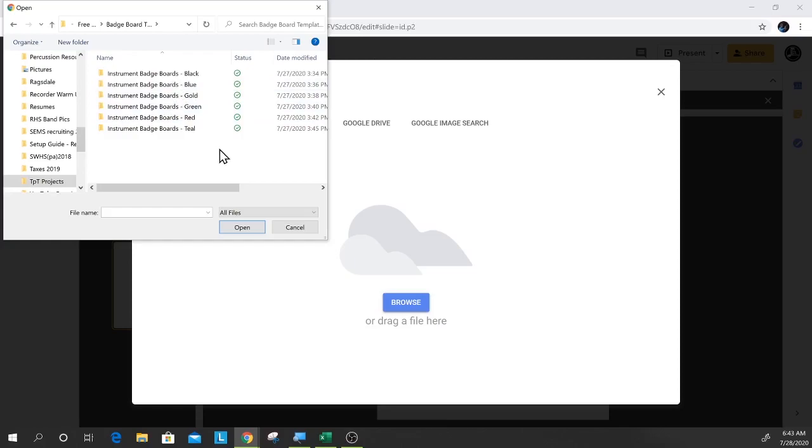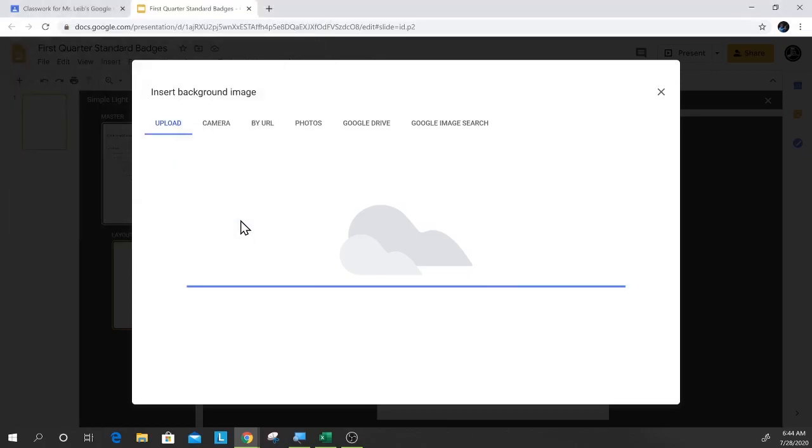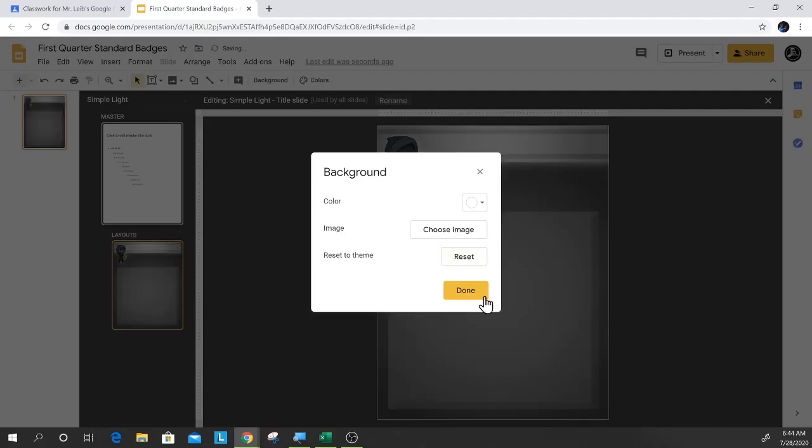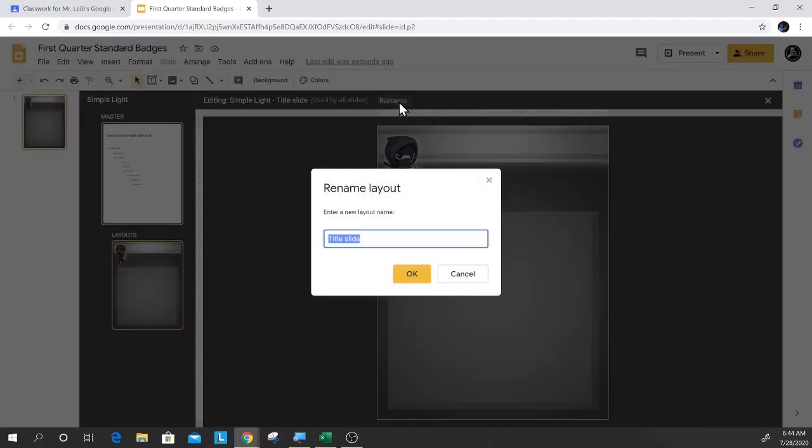All right, so once you've found your image templates, select the style you want to use. I'm going to use the black ones, and we're just going to upload the alto sax one for now, and then that puts it into the background. Click Done, and that's it. Now to make this easy for the students when they are trying to select a layout, I would recommend renaming the slide master. So I'm going to type in the instrument name,